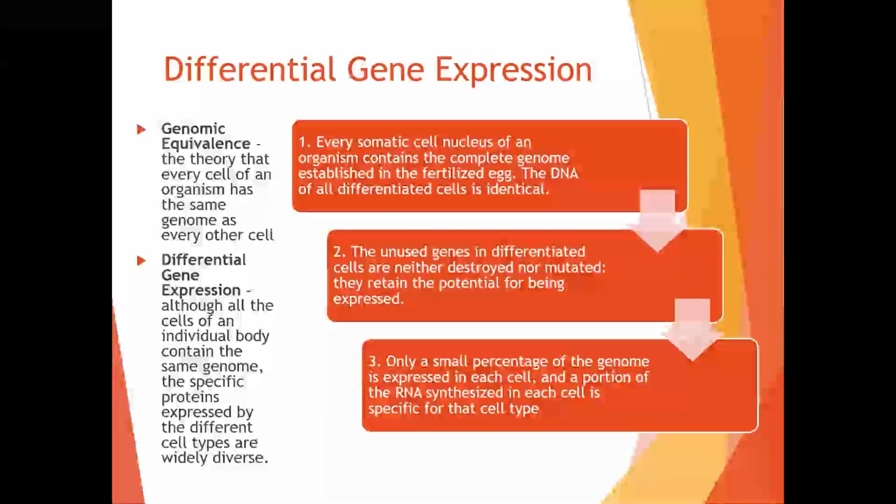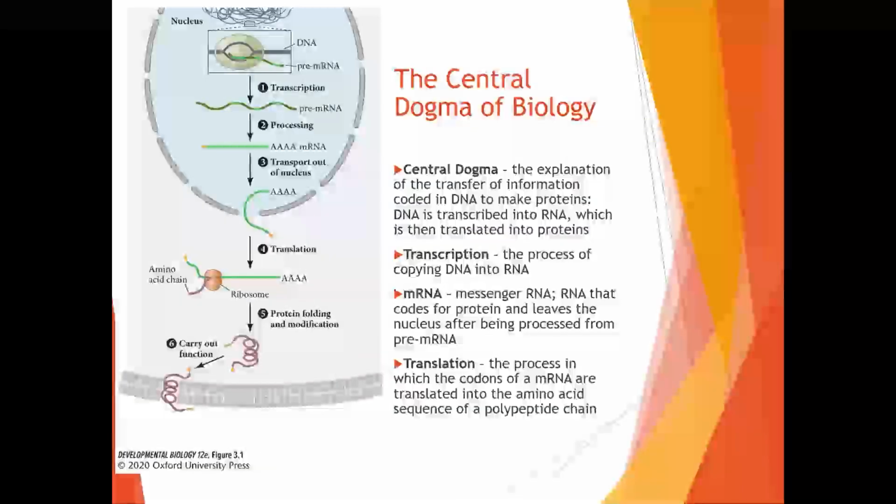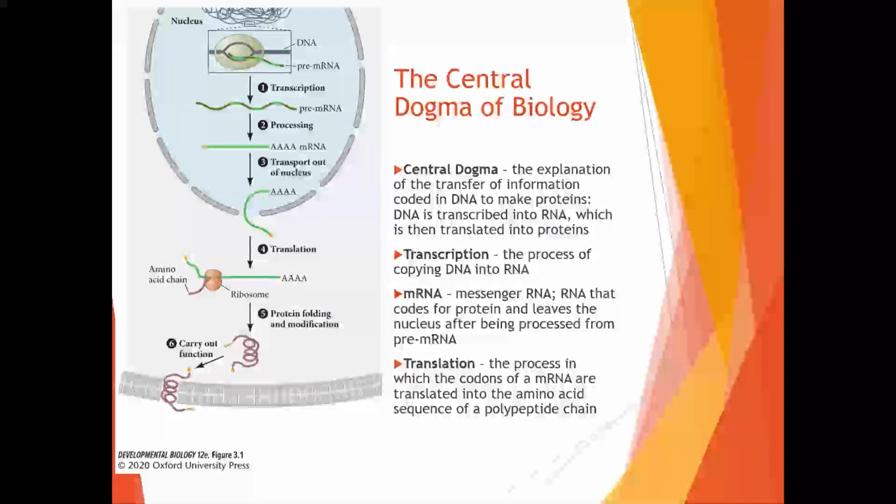So let's look at the process of how we actually get this differential gene expression. There are 6 main steps that will be gone through within a given cell to get from the DNA code to expressing a final product. Okay, so you can see on the left here, we start with our double-stranded DNA, and it will go through the process known as the central dogma, going from DNA, big picture, to our single-stranded mRNA code, and then that mRNA gets made into protein.